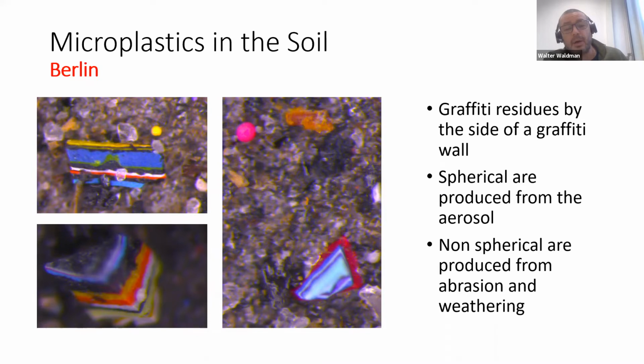So the idea was to try a new method for separation, which worked partially. And then we had these results, which were stunning. Stunning for the research, not for the environment. For the environment, it's bad. So here we have examples of these fragments from abrasion and these spherical colored particles, which